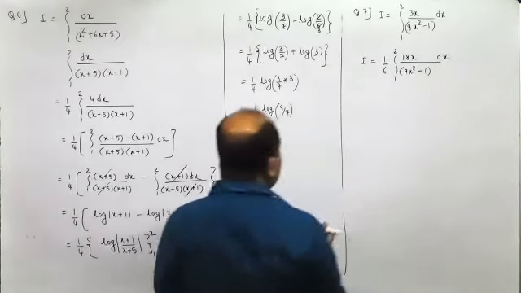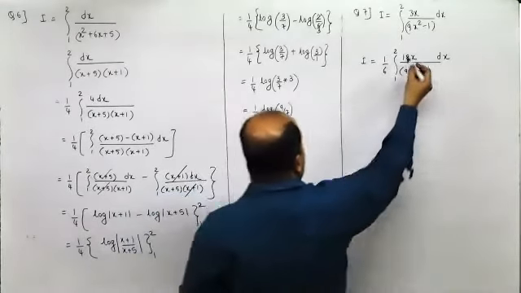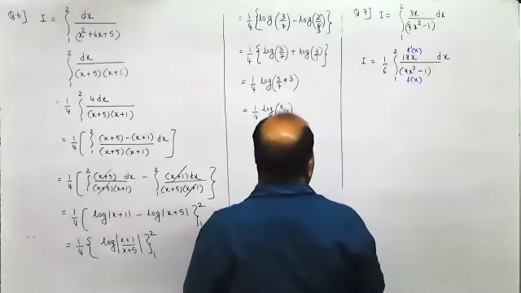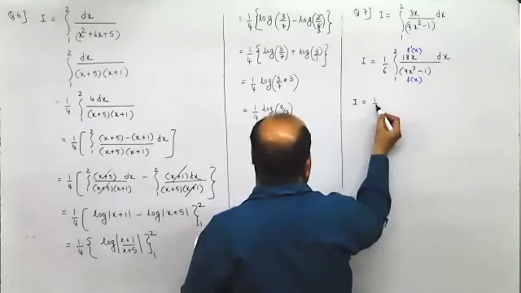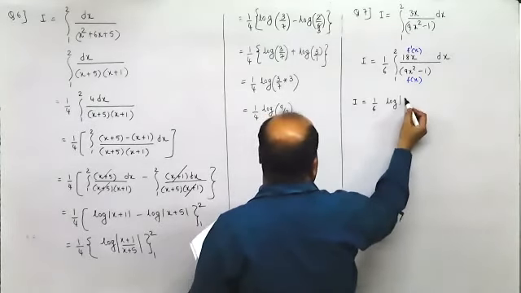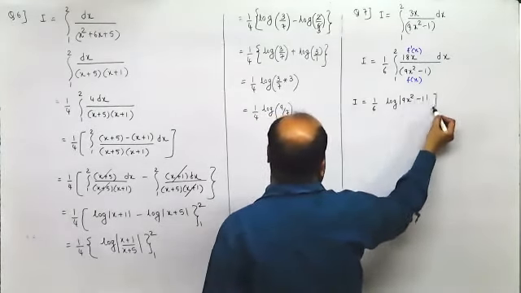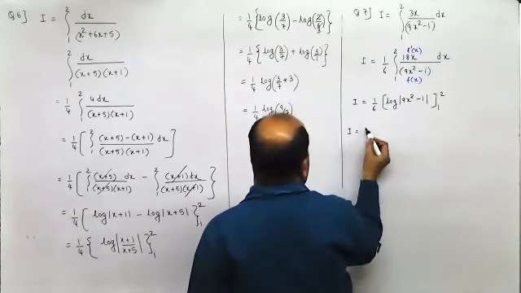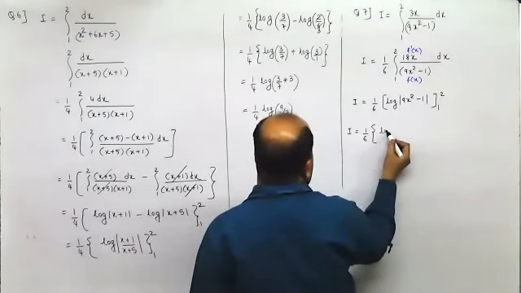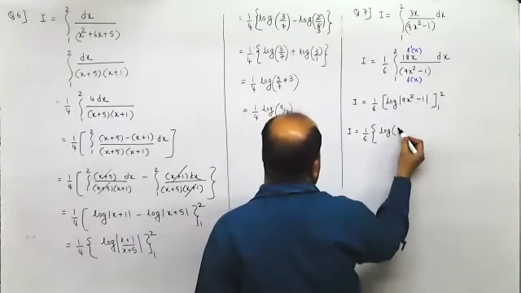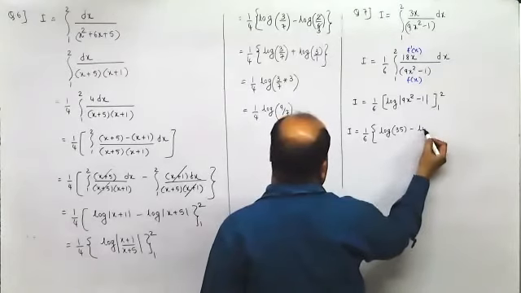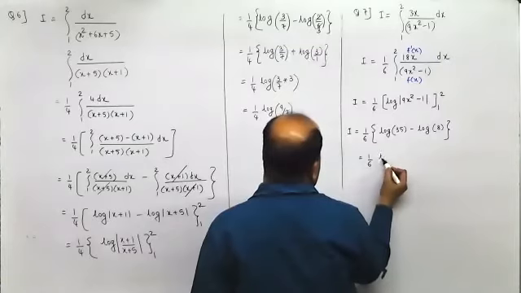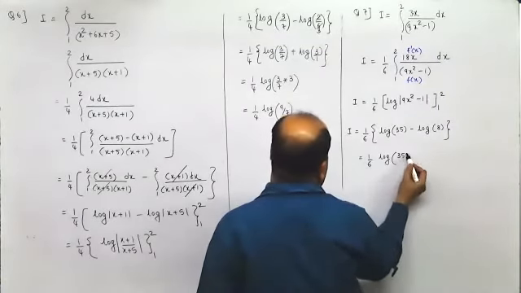Now this is f dash x, this is f of x. So this would be 1 by 6 log of denominator between 1 and 2. First substitute the upper limit, you will get 1 upon 6. Here you will get log of 9 into 4, 36 minus 1, 35, minus log of 9 minus 1, 8. So this is 1 by 6 log 35 by 8.